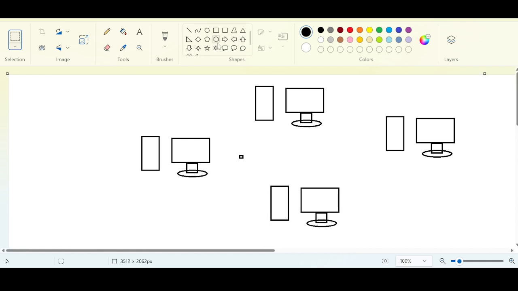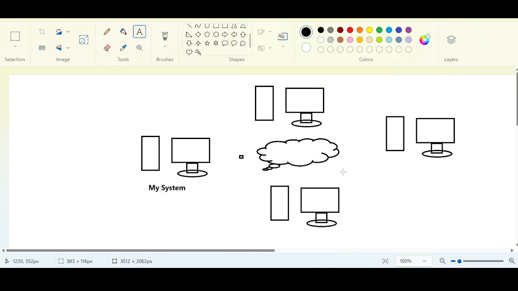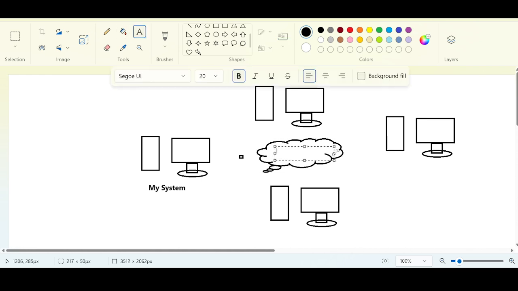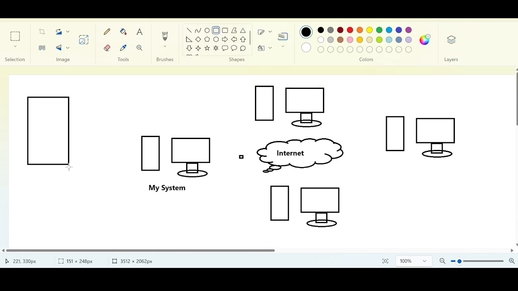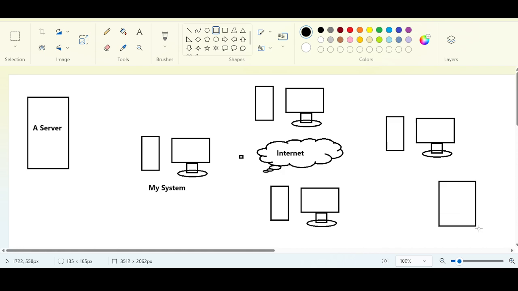Okay, I have the internet connection. This is my laptop, this is my system, and my system has been connected to the internet. Let us say that this is the internet, and let us say that there are some servers. This is server A. Don't worry about what a server is. It is a machine which is going to support the activities of a web application. Let us say this is server A, and this is server B.